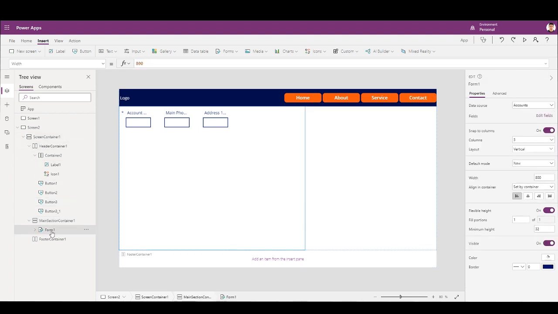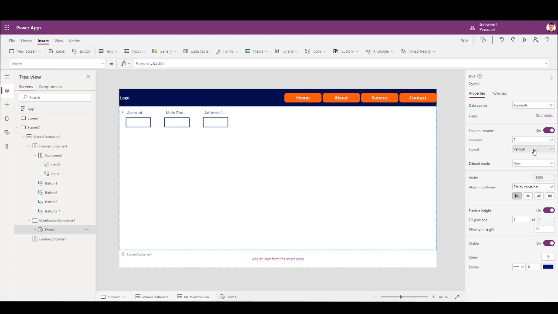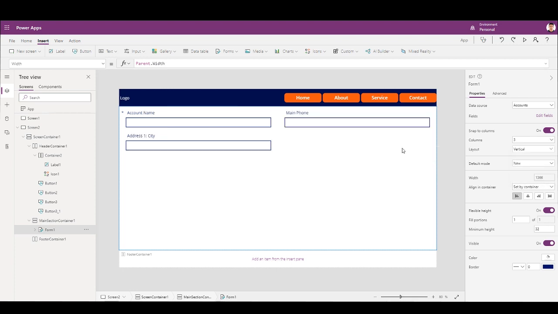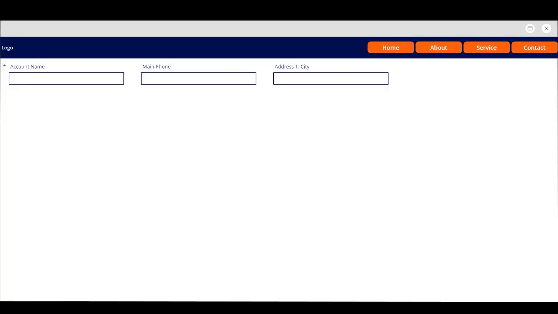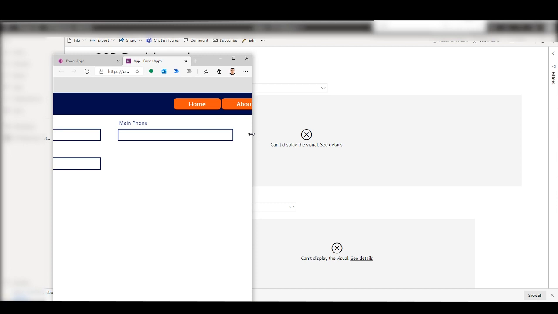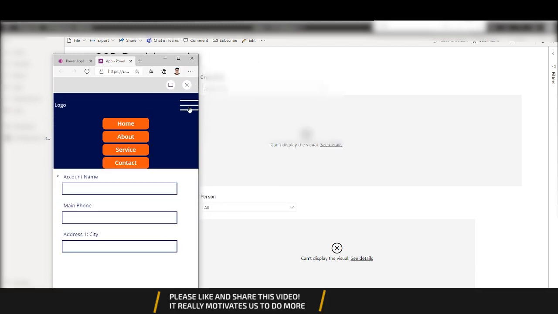Then I'll go to the form, and for the form I'll put Parent.Width, so it will take the width of the parent itself. Let's try switching. So now it has kind of refreshed. Now I'll play this, and when you move this and you click this, pretty cool how it works.